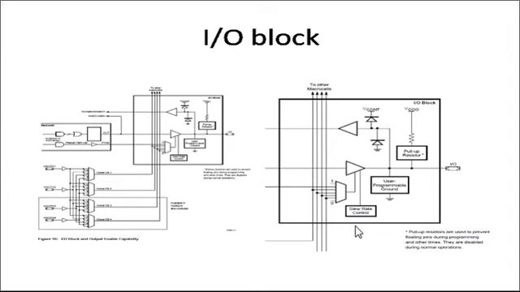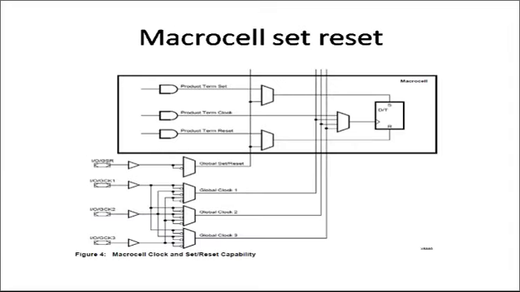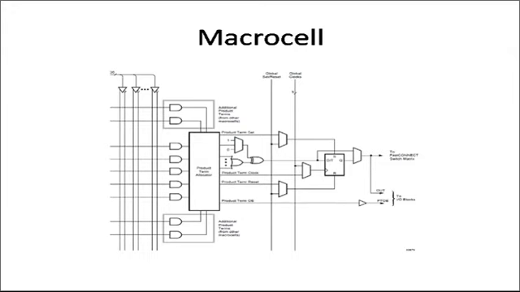This is actually all about the architecture of CPLD. Now how the logic is implemented inside a CPLD can be made clear from the figure of the macro cell. Whenever you want to implement anything, it will definitely be implemented in the form of sum of products, because here you will find a programmable AND array. Okay, thank you very much.